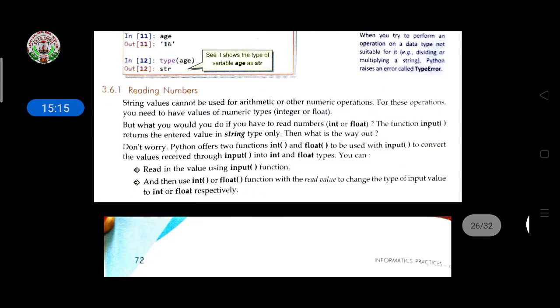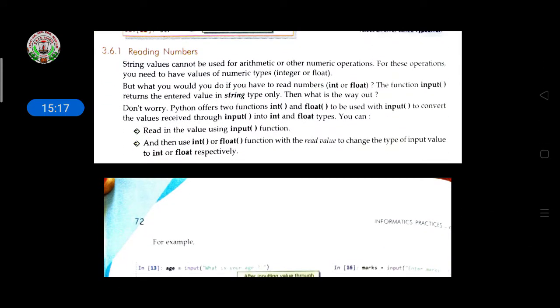Then reading numbers also. Reading numbers means here the input is only a string, so a string also has two functions with it, the integer function and the float function.